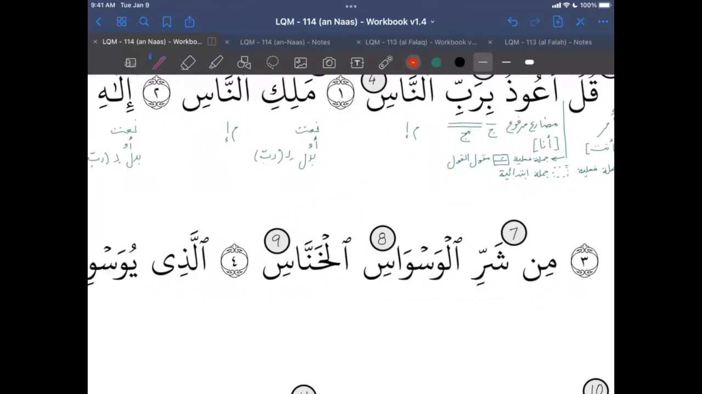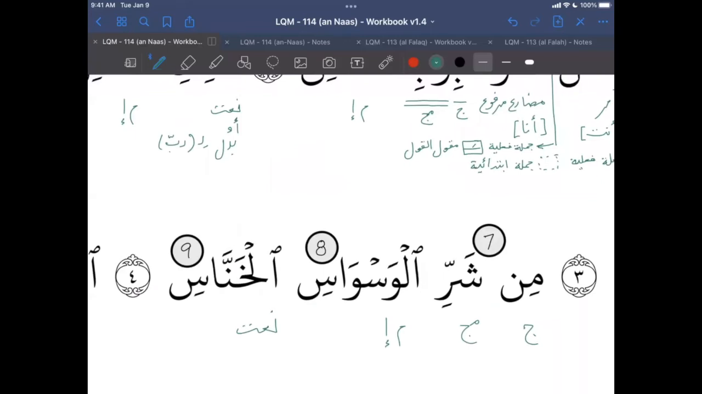So min is harfu jar, shar is ism majroor wa huwa mudaf in this case, and al-waswas is mudaf ilayhi, and al-khannas is na'at to al-waswas. So now that we have the i'rab, let's look at the meanings. So min means from. Shar